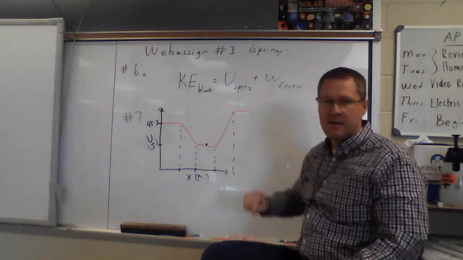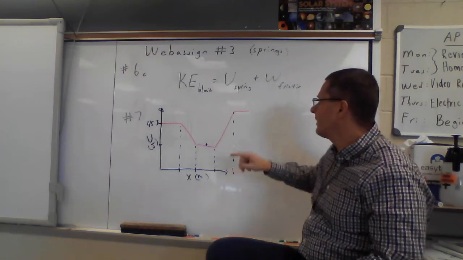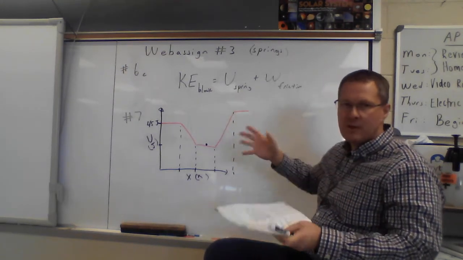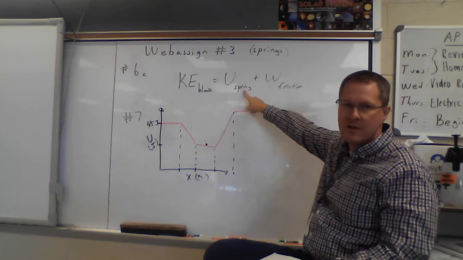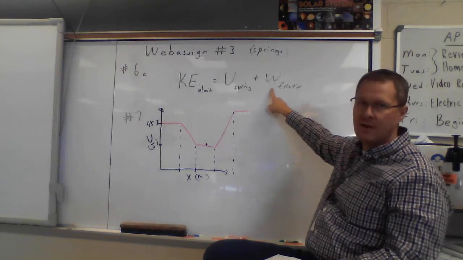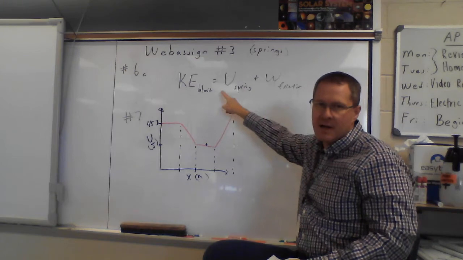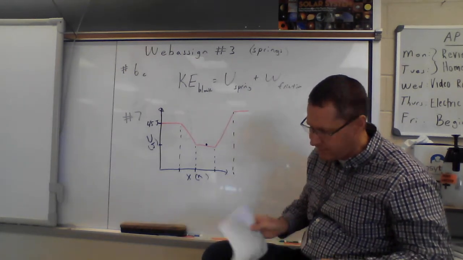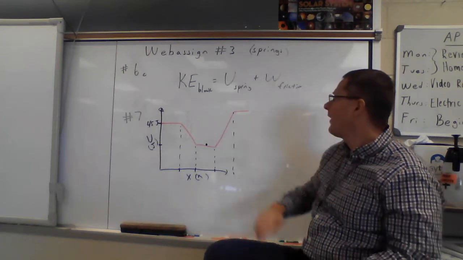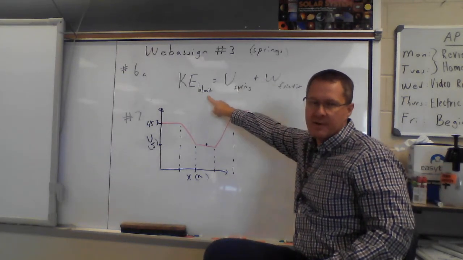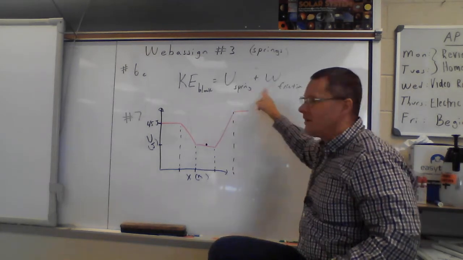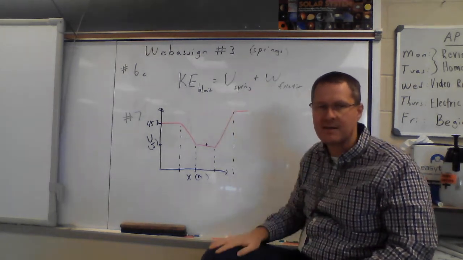So for that letter C for number 6, the block's got some kinetic energy, and that gets sort of used up or dissipated by the energy that goes into the spring and some friction. So the kinetic energy of the block is just the sum of both of those. And I think that's what they're asking you for. No, you just need to use this total to then set equal to mv squared over 2 to solve for v. So you need to use this fact to then get the speed of the